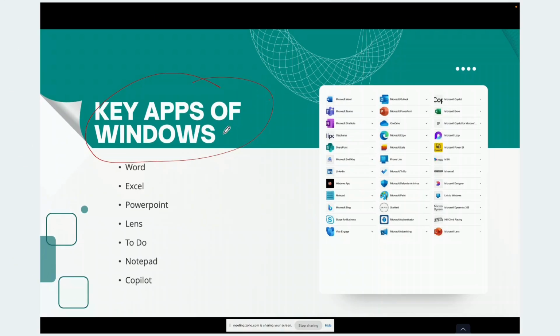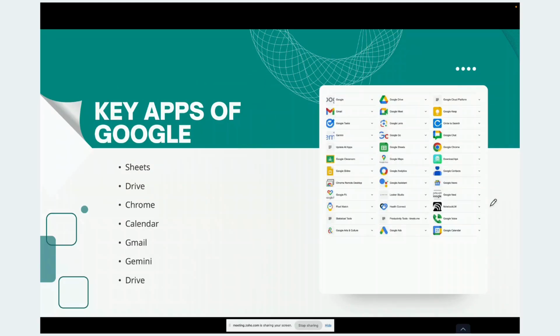This is the most popular and oldest application on earth, any digital application. So you see, Windows has these things, and these are the applications. People generally use one or two or all three as a combination and make a perfect tool to manage their business. Otherwise, Windows is equipped enough to run an organization properly from all angles, whether it is sales, support, legal, everything. Similarly, Google.